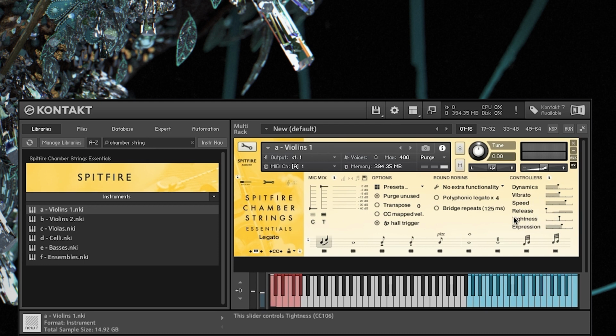Release and tightness are around short notes, like staccato and things like that. You can set the release of those short notes or the tightness of them. A lot of the times these are also set it and forget it, but you might find yourself using those a bit. And then speaking of the short notes, how I look at these mic positions is